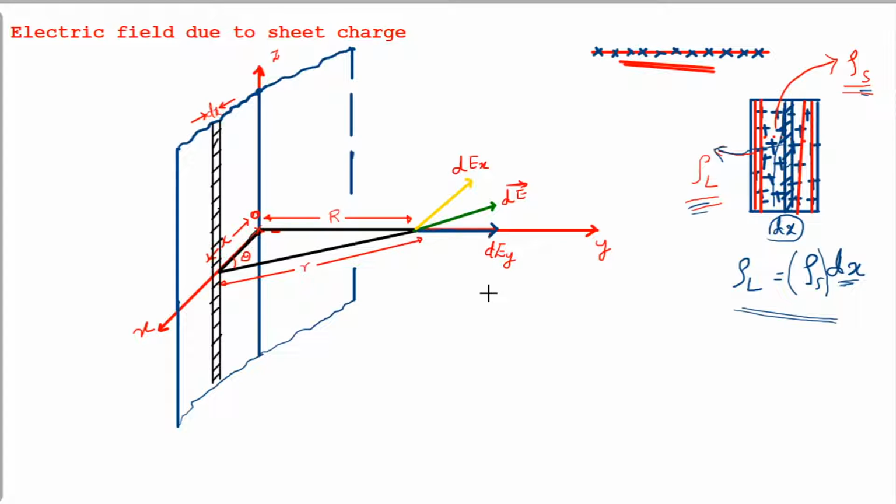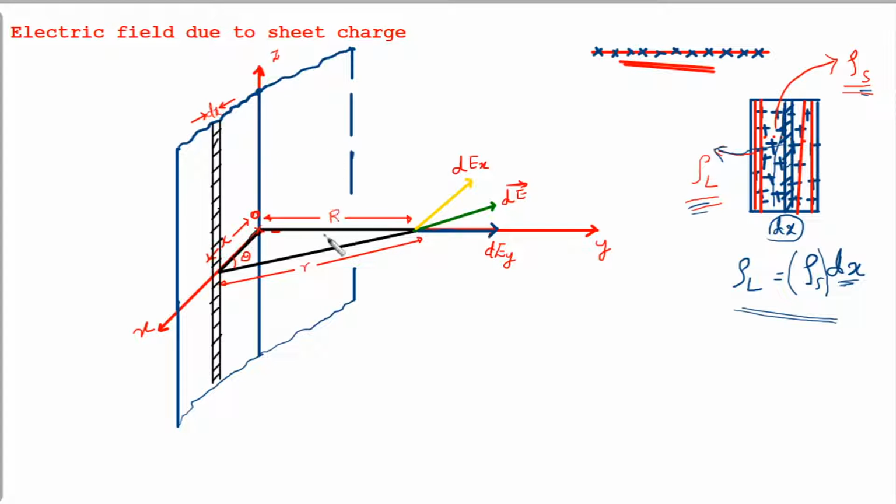Now look at the figure. I have already drawn this figure to save time. What you have to understand here is I have considered an XYZ Cartesian coordinate system. Then I have considered a sheet of charge of infinite surface area. Since it is in the XZ plane, you can see that the length is extending along the Z axis, minus Z axis, plus Z axis, and the width is extending along the X axis, plus X axis, minus X axis. Is that very clear?